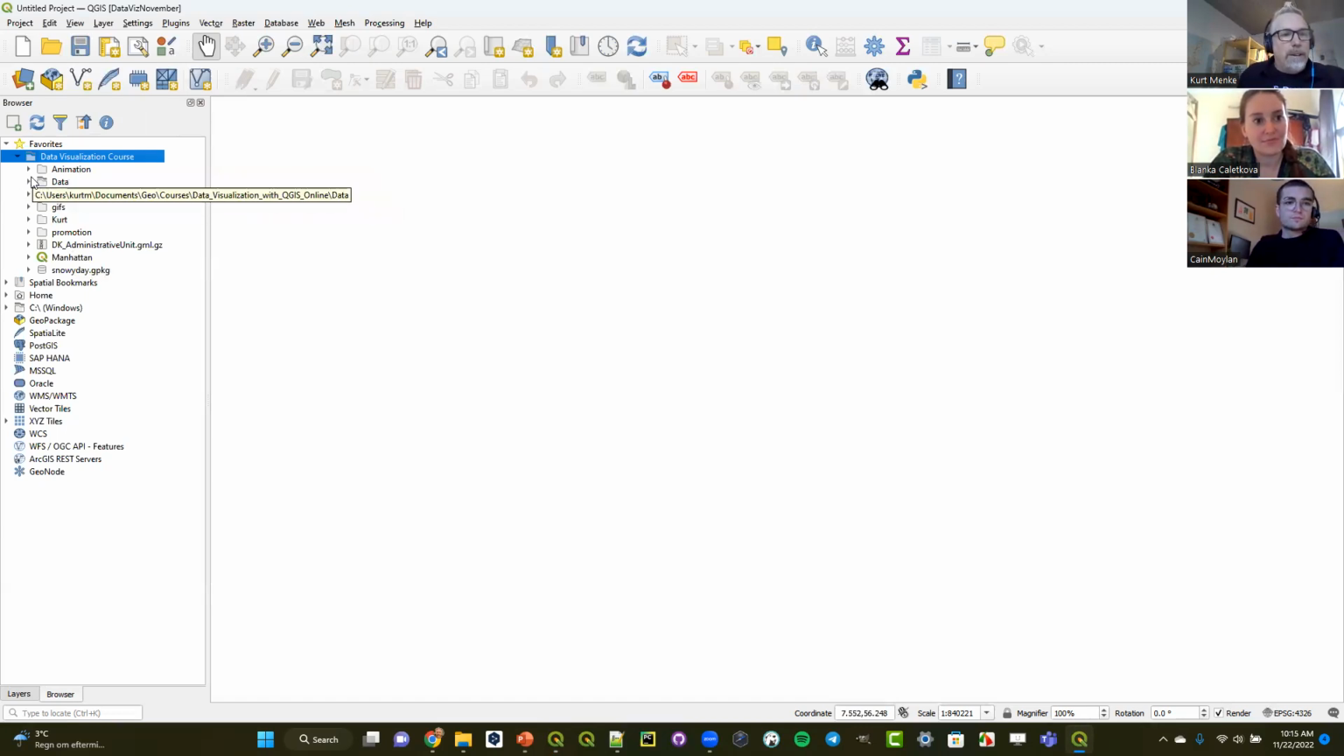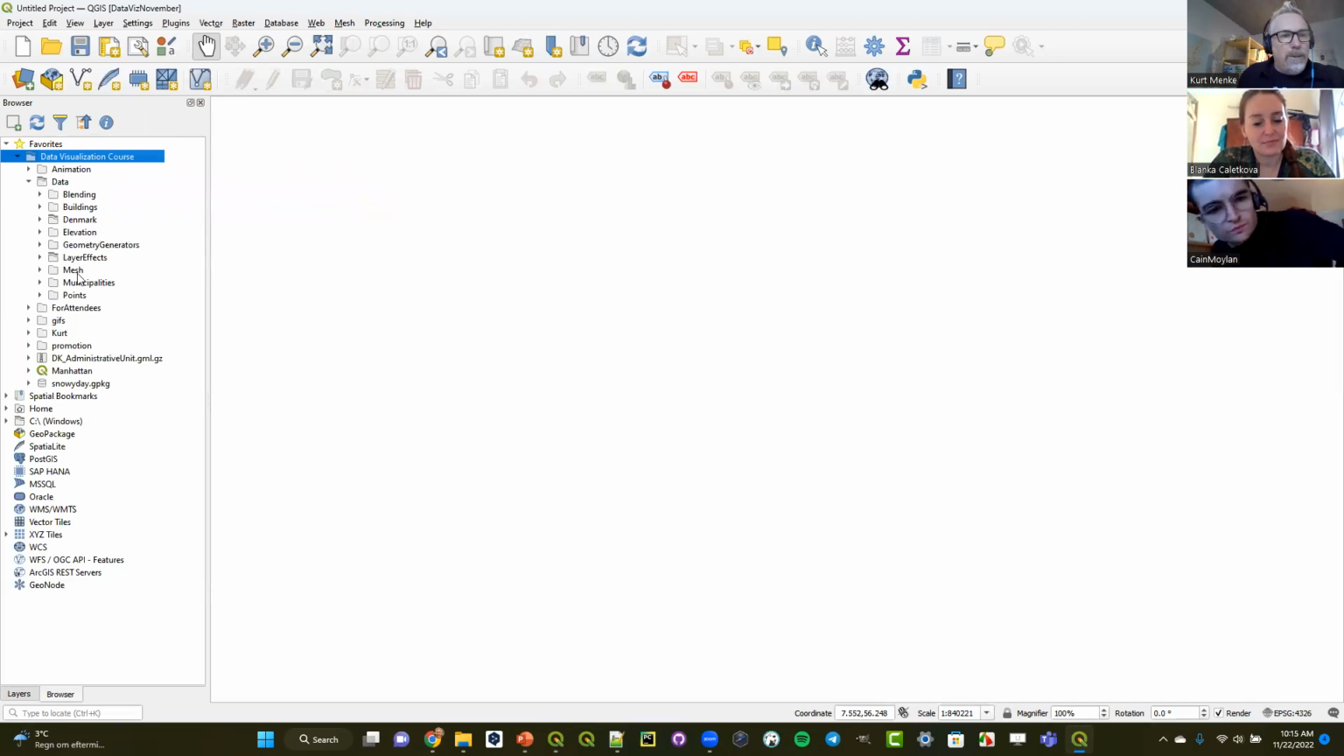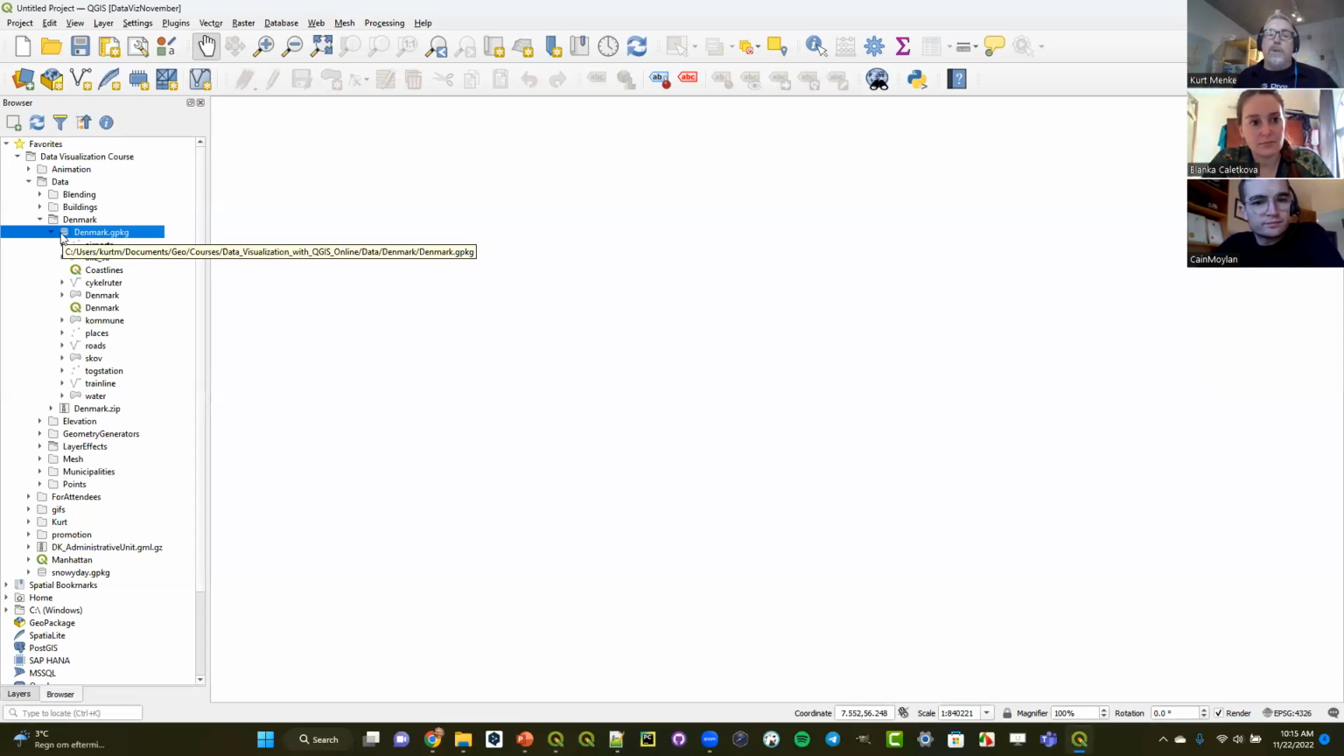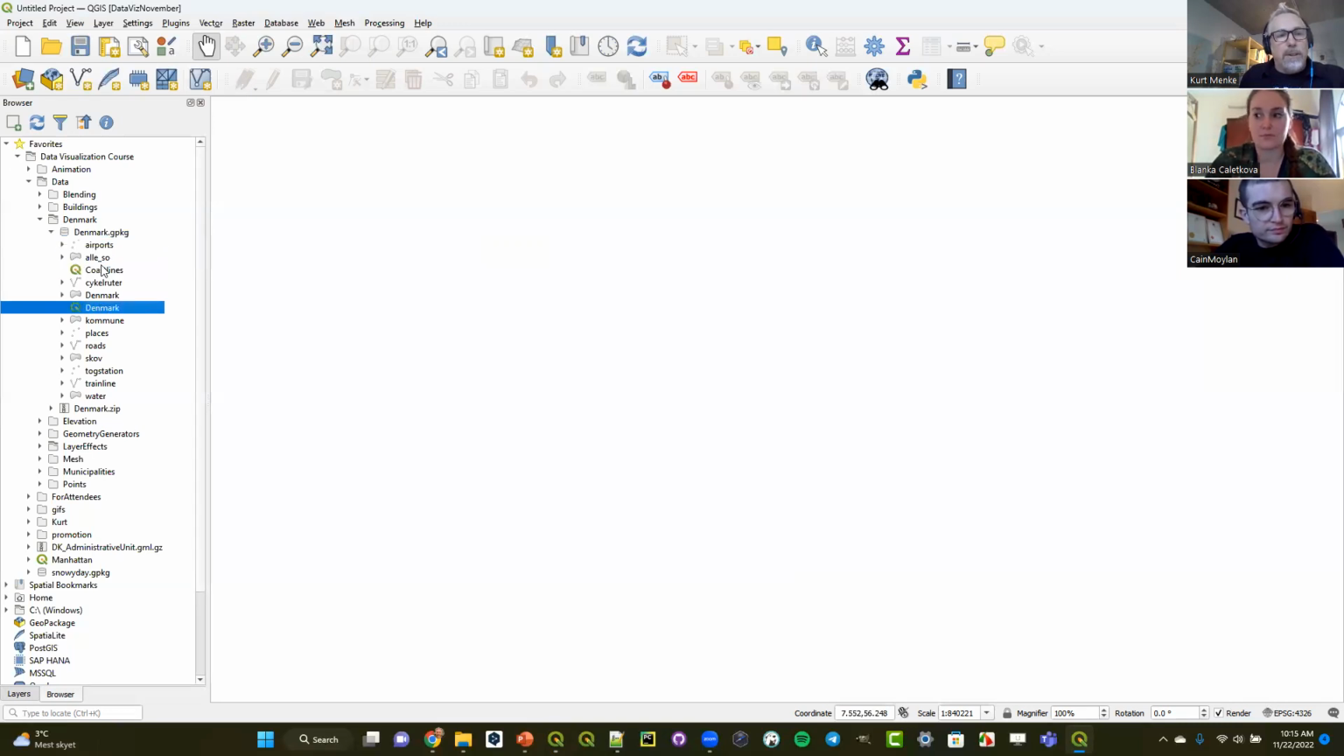And if I go into the data folder, there is one for Denmark here. I have several subfolders for different topics. And there's a Denmark geo package, and it's possible to save a QGIS project into a geo package. So from the browser panel, if I expand this geo package, I can see there's 2 QGIS projects inside this